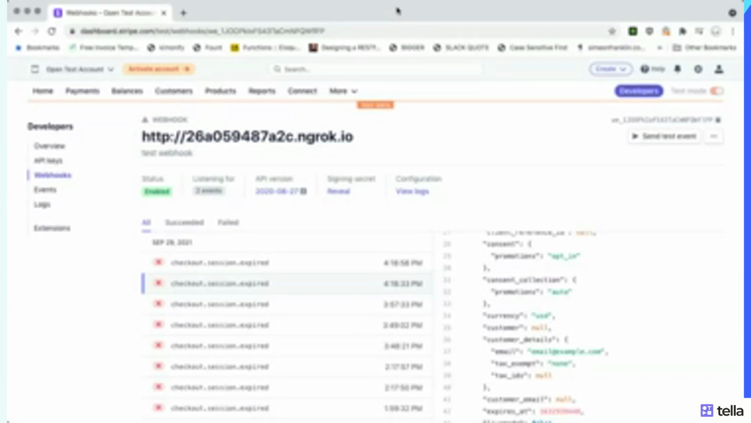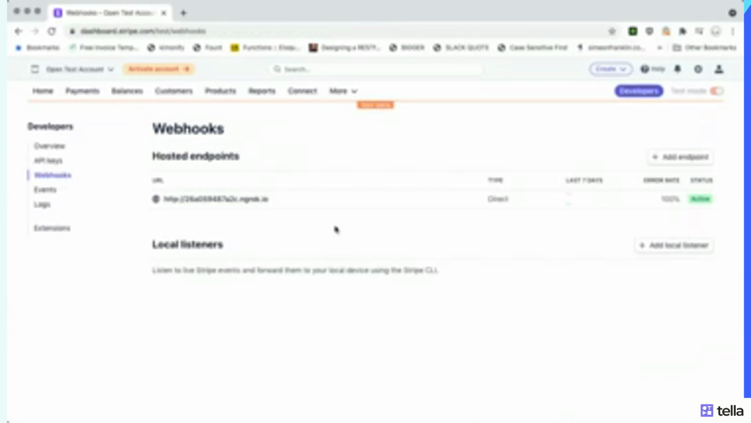All right, so 1 hour has passed. I'll show you what I did. I set up a fake webhook endpoint. I then